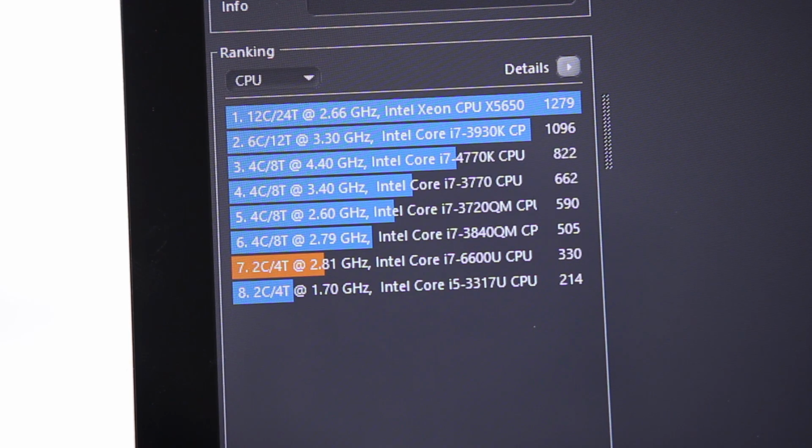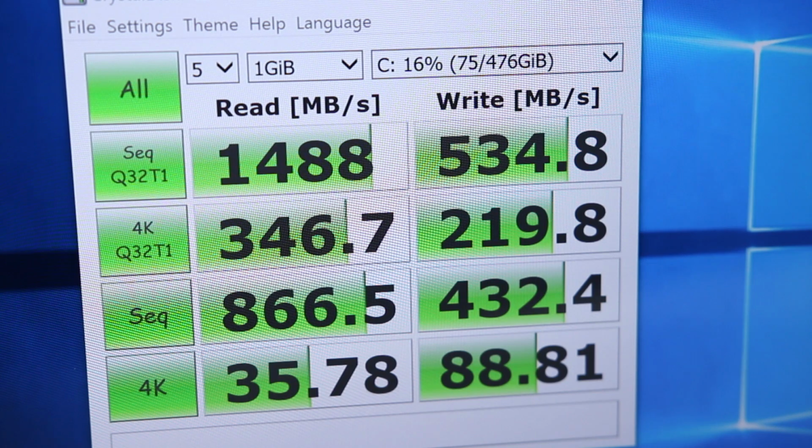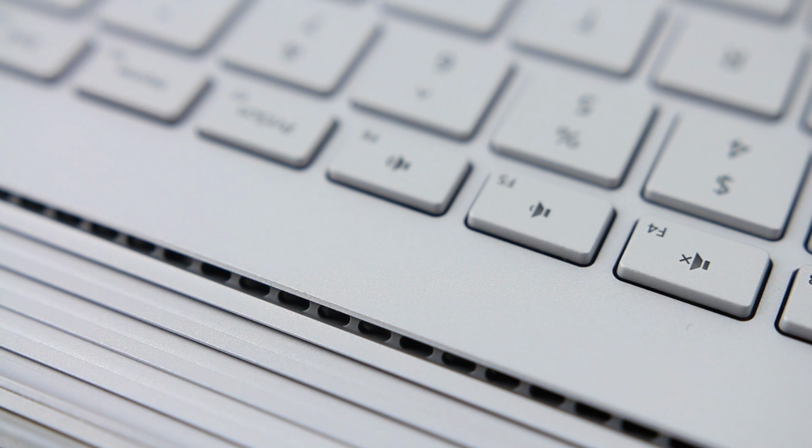here they are. Doing daily tasks, the computer stays quiet and fans only come on under intensive load and are not very loud at all. The computer only gets hot near the hinge and mainly in the tablet portion, but it's not noticeable at all